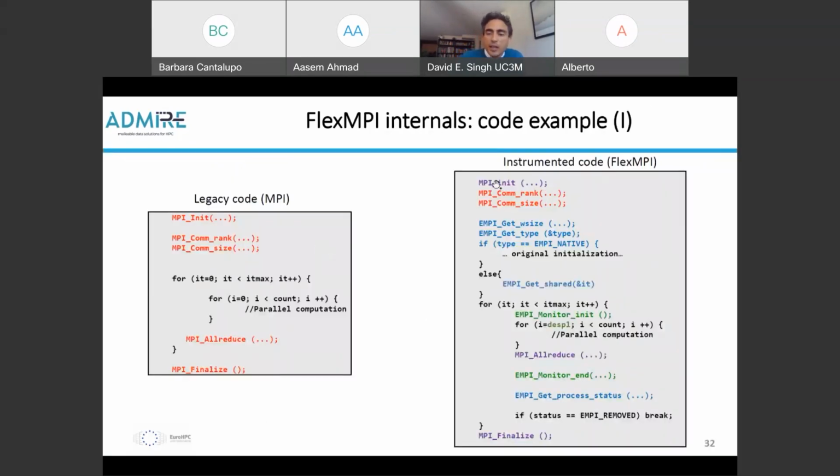First, you can see in purple some of the calls original are wrapped, which means that we don't need to introduce changes, but the MPI library uses them to initialize the FlexMPI library, terminate FlexMPI, and for instance here monitor the all reduce communication. Okay, then there are specific